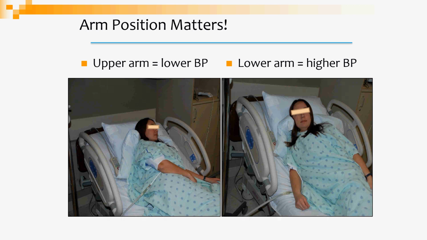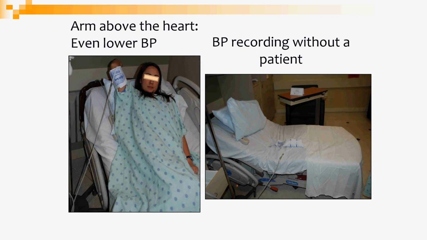And again, if the patient is lying on one side or the other, and you have to switch arms, you document that you switched arms so that we can see whether there's any variance, or those staff that are following can see whether there's any variance in the blood pressure. Next slide. Again, we'll keep talking about why position is important.